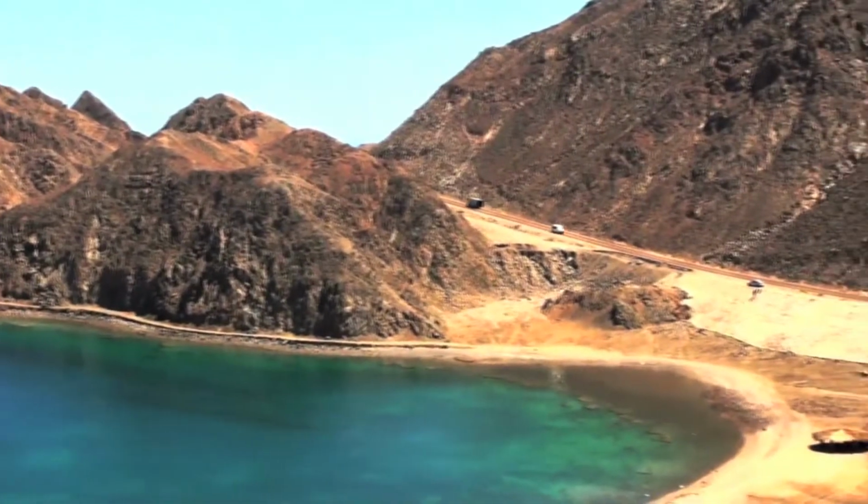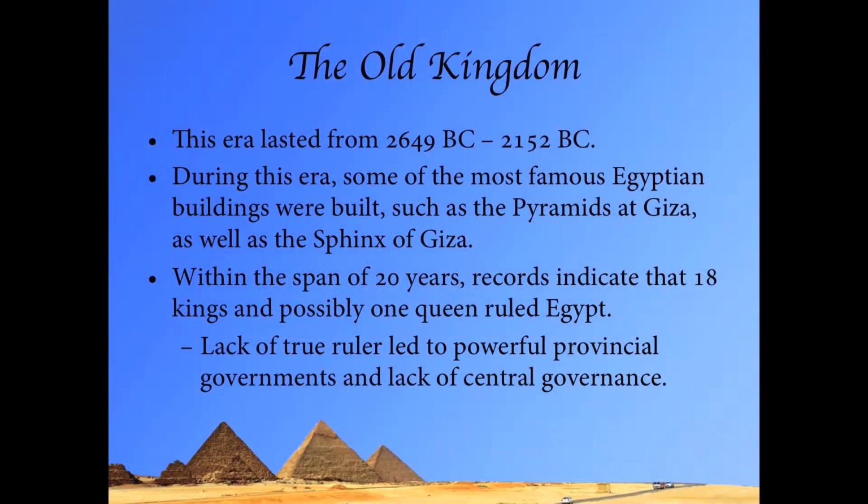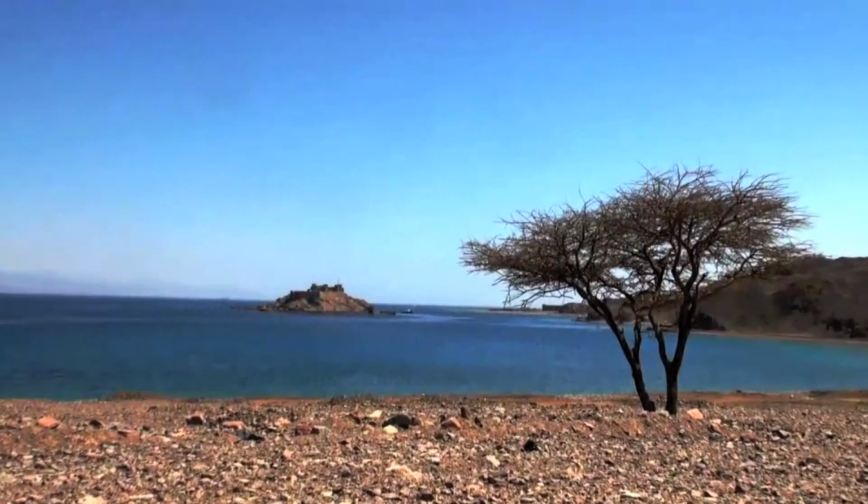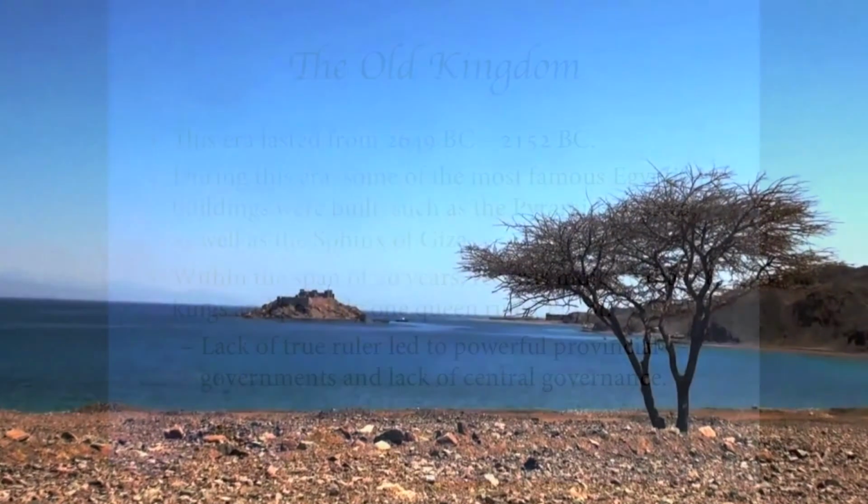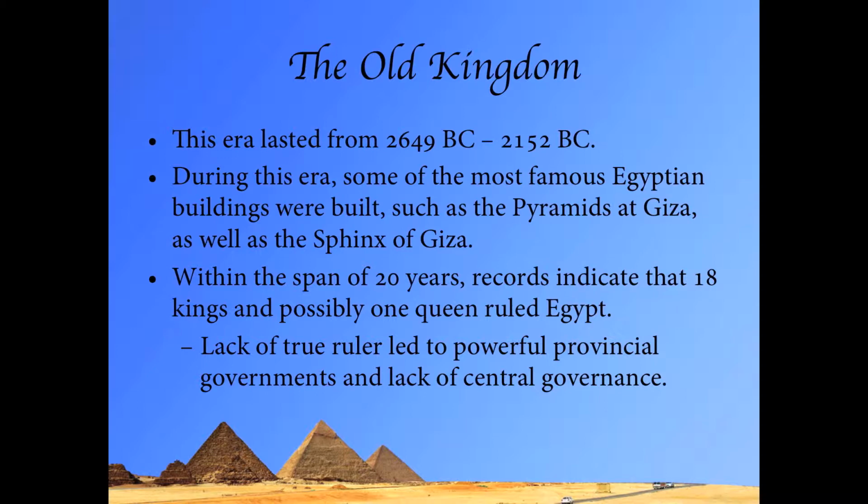It started as the pharaoh became a descendant of a deity, who was worshipped to provide the annual flooding of the Nile River. The pharaoh was to be the link between man and God. The worship of the pharaoh was effective in creating a central government. The Old Kingdom lasted about 500 years and was marked by the creation of monuments including the pyramids at Giza